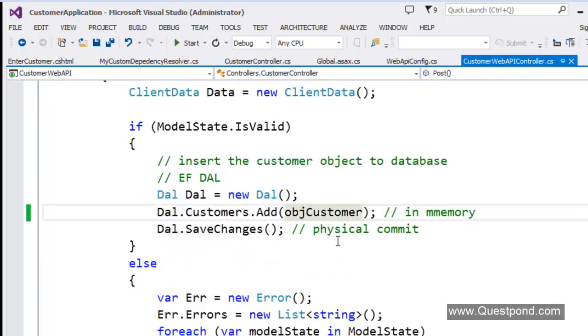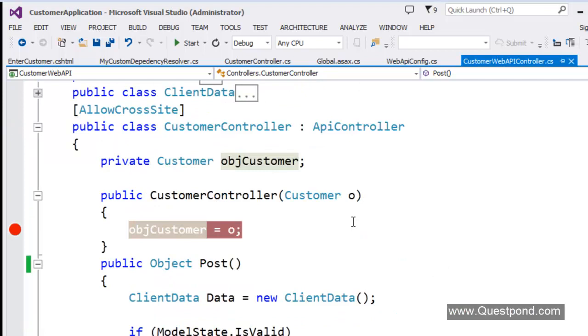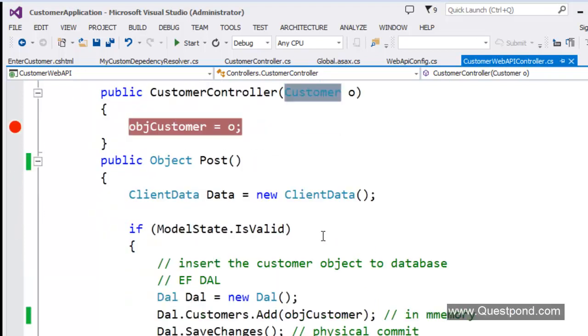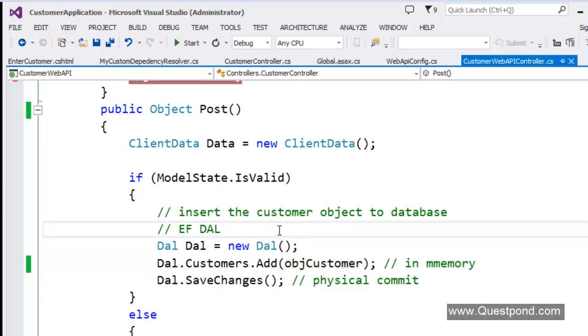And in the same way, we have to go and modify the put as well. Okay. So in other words, the first hit will go to the factory. Factory will inject whatever type of customer object he wants to inject, and this controller class will actually go and take that customer logic object and go and do the insertion, updation, and deletion.